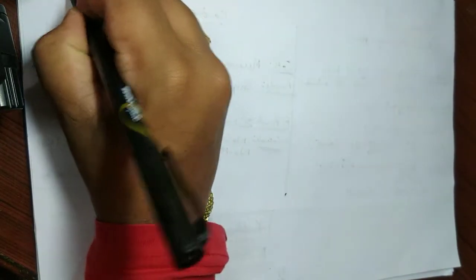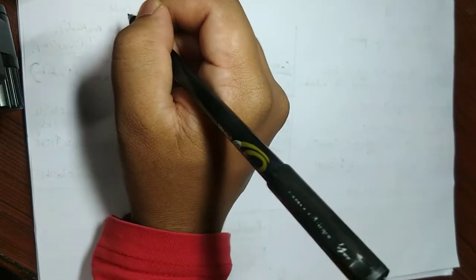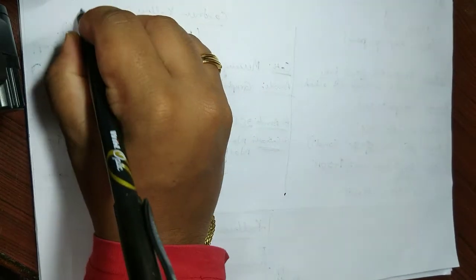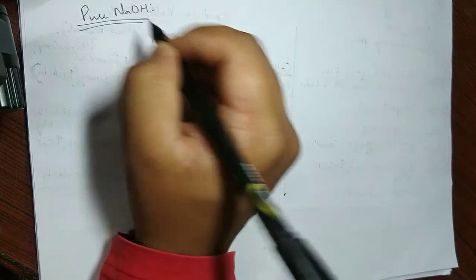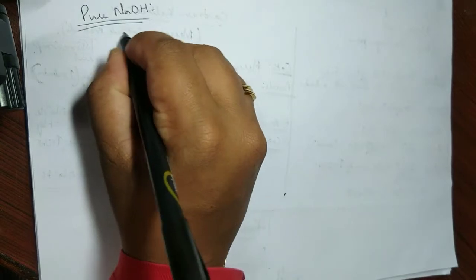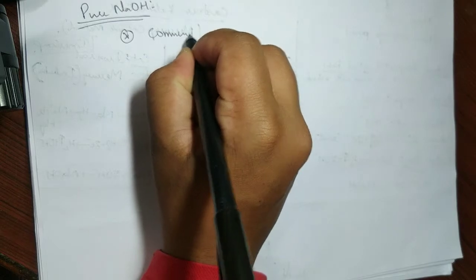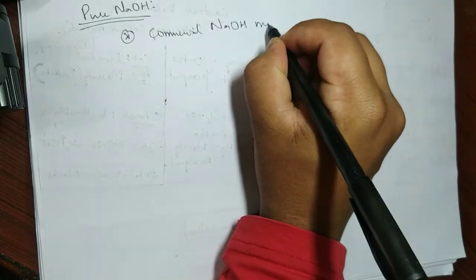Now let's talk about the properties. As usual, first we begin with physical properties. Oh, one more thing I forgot before properties: pure sodium hydroxide, how do you prepare it? This is also relatively important for objectives. Very simple, I write it in words. What we have seen earlier is the commercial way. So the commercial sodium hydroxide, you have to use that, is mixed with